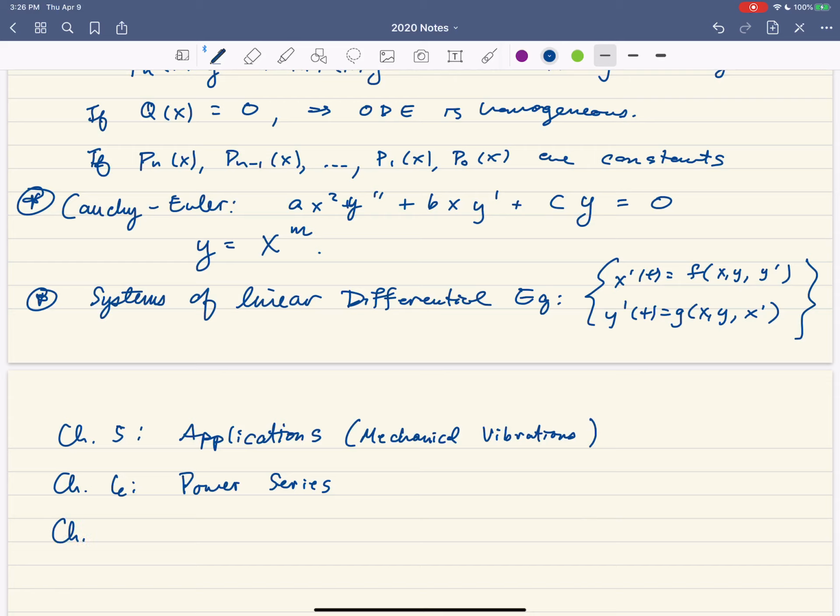And then finally in chapter 7, this is the one that we've done completely virtually. This is the chapter talking about Laplace transforms and all of the fun that we have therein. Laplace transforms are pretty cool. Power series are useful because we can solve differential equations that we couldn't before. At least we can get some sort of an expression. Likewise with Laplace transforms, we can solve new types of differential equations, and some differential equations that we couldn't have solved before, not very easily. Okay, so this is a big picture overview of our